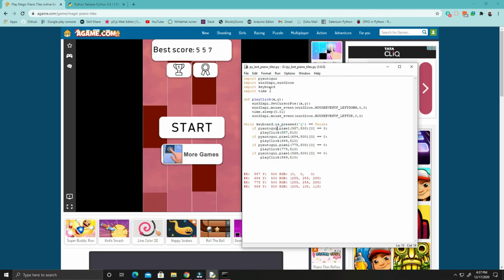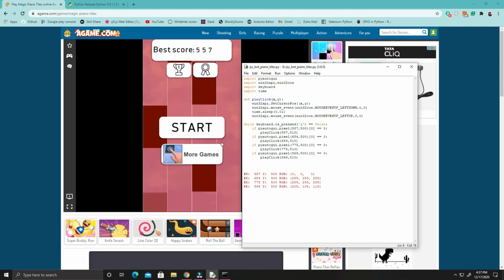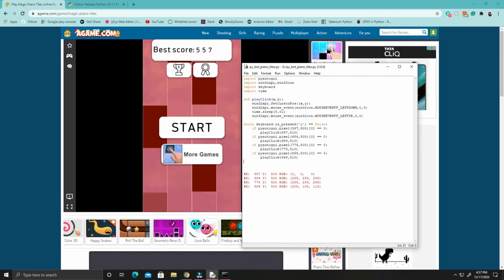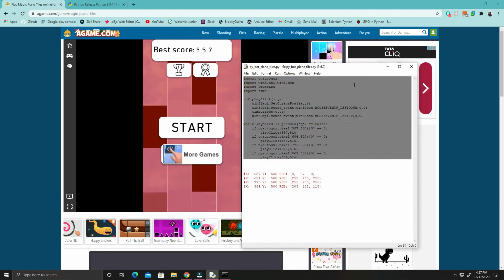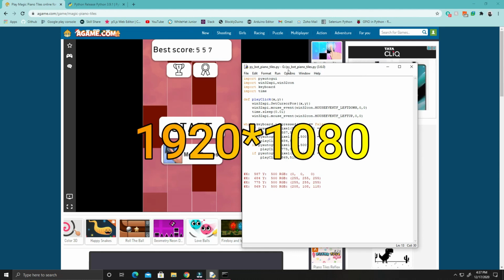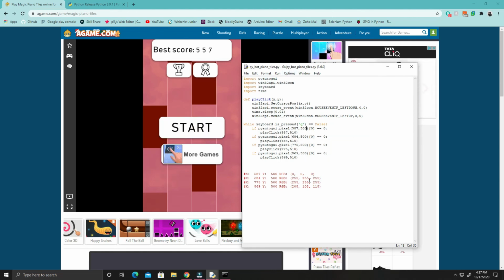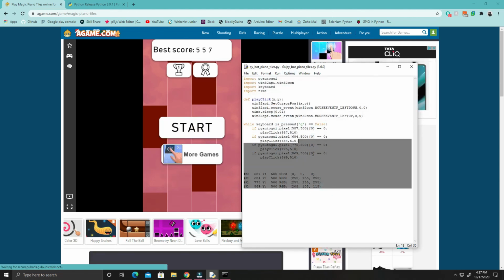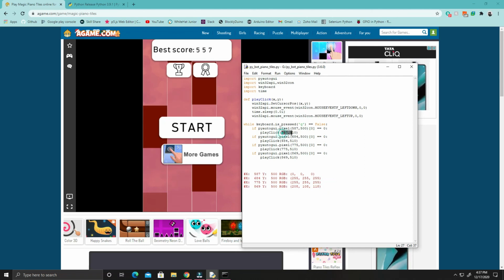So you could get all this pip install and those kind of stuff in the description. I will add this code in the description, or the link to my GitHub account where I will upload this code. So you could go and check it out, but don't forget to change these values. If you know your PC resolution is 1920 by 1080, then this code should run perfectly fine. In any other case, you just calibrate it with those 2 lines of code which we did first, where we got these values.